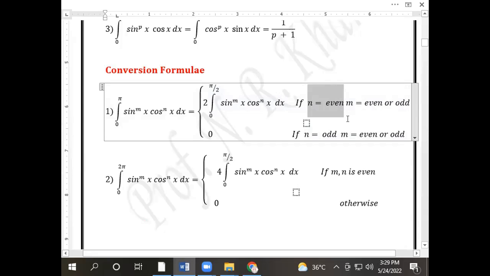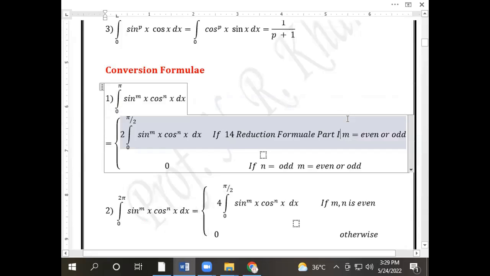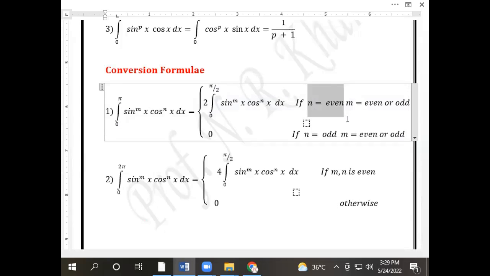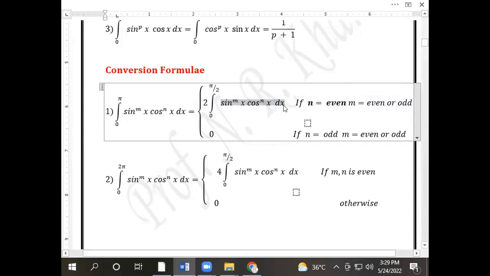If my n is even and m is even, then the formula is reduced to 2 times the integration from 0 to pi by 2, in which the product of sine and cosine functions is present. If my n is odd,